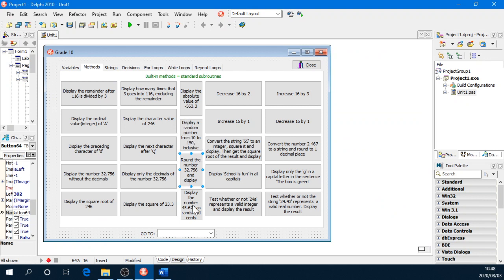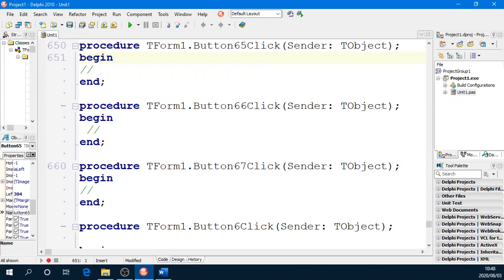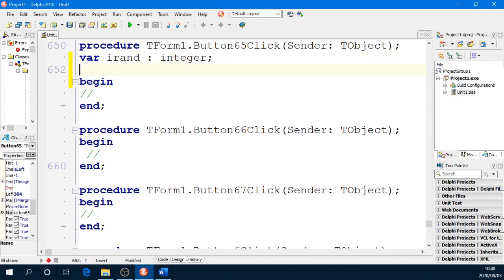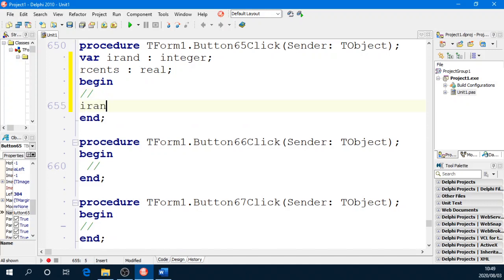Okay. Now the next one we're going to do is display the number 45.678 as rands and cents. Well, we're going to use our other functions that we used before, frac and trunc, because you want to separate the rands from the cents. So an easy way to do it is to declare two variables. Now remember, when you trunc you're going to have an integer, and when you frac you're going to have a real number. When you use trunc we have an integer data type, so our rand can be equal to trunc of that number,